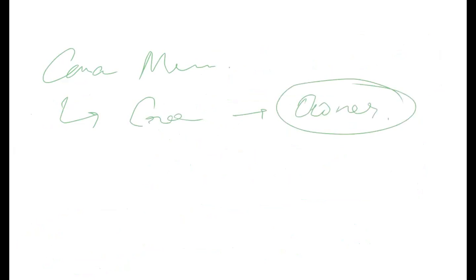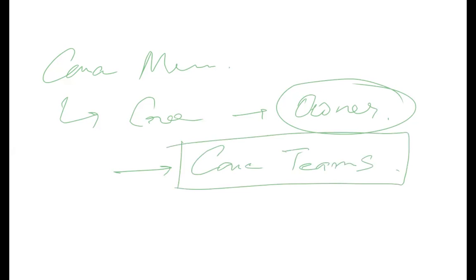Let's jump into Salesforce. Before that, we need to understand that when a case is created manually, the person who is creating the case also becomes the owner of the case. Automatically, this is the normal Salesforce feature. So whoever is the creator also becomes automatically the owner. Ownership of a case can be changed. A case can be owned by multiple people also. So there are many things which we have seen. Case teams are there, which are quite similar to account teams or opportunity teams. That is multiple people working on a case.